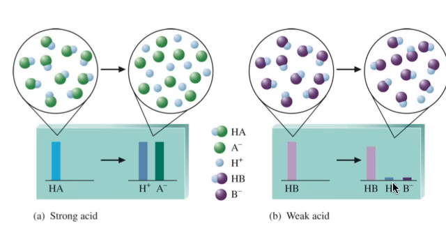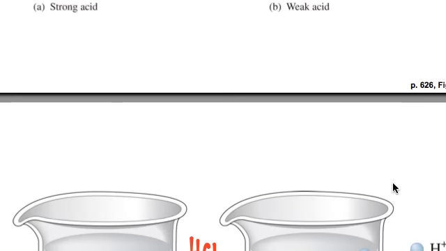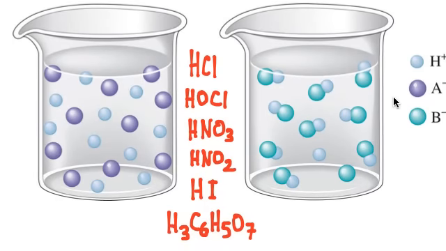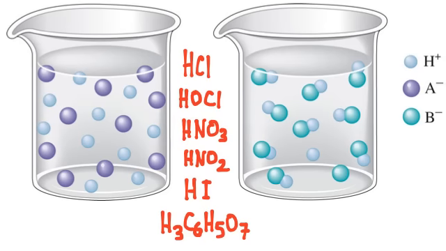And indeed, that's the way we decide what's a strong acid and what's a weak acid. So, which category would these acids fall into? Or maybe which beaker represents each acid? HCl, memorize it, strong acid. Looks like this. HOCl, weak acid. Don't have to memorize it because it's a weak acid, but you know that it's not on your list of